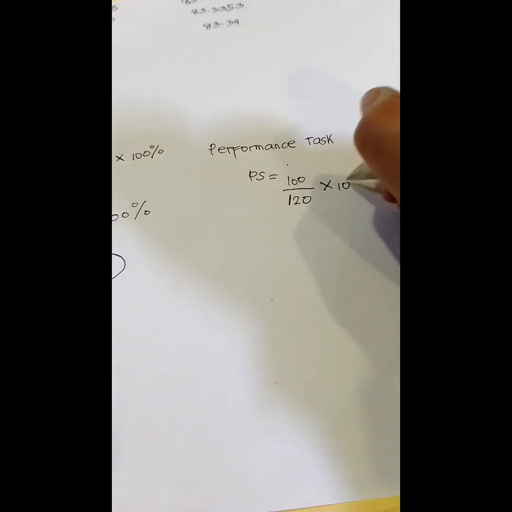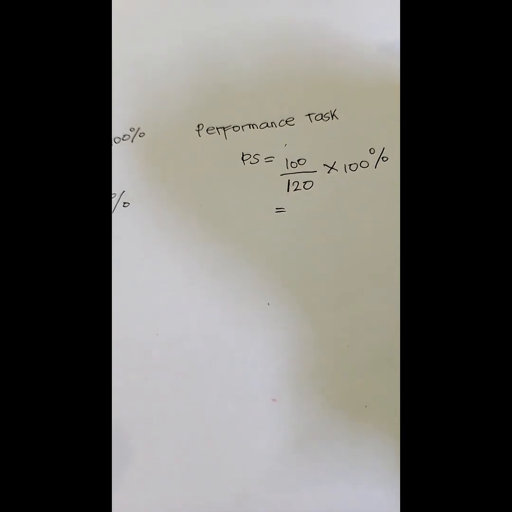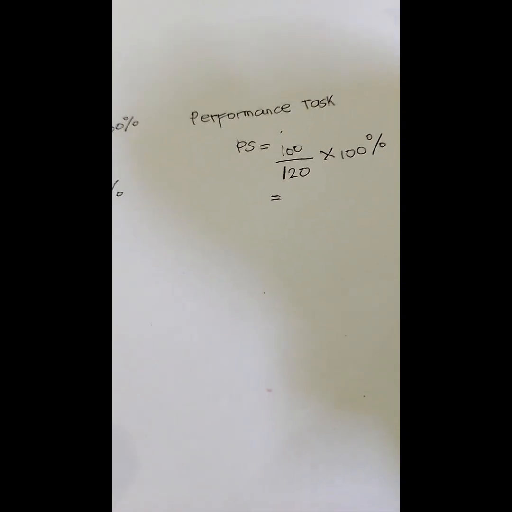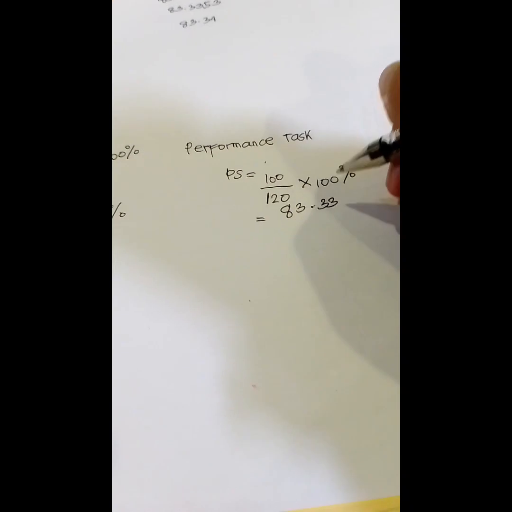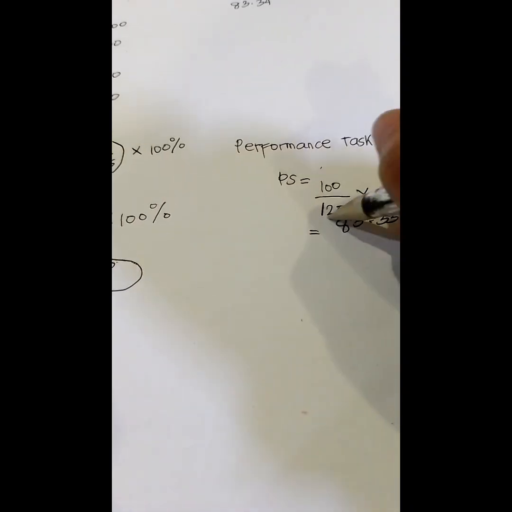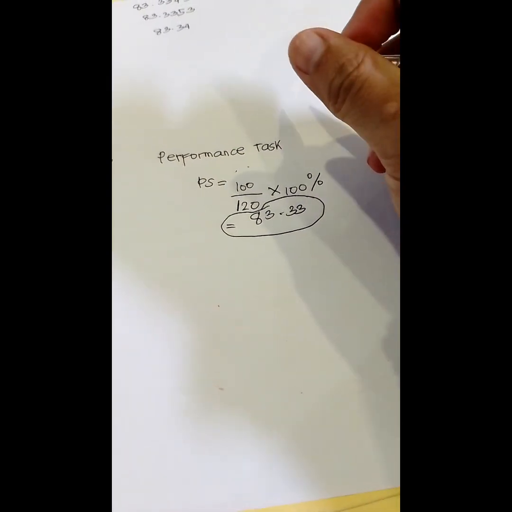Times 100%. So we need to compute this one first. 100 divided by 120 times 100% is equal to 83.333. So this is the percentage score in performance tasks. And then we use the same equation for computing a percentage score